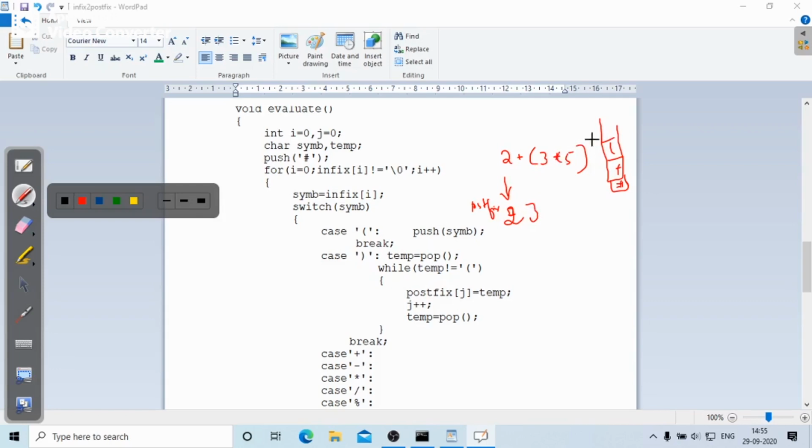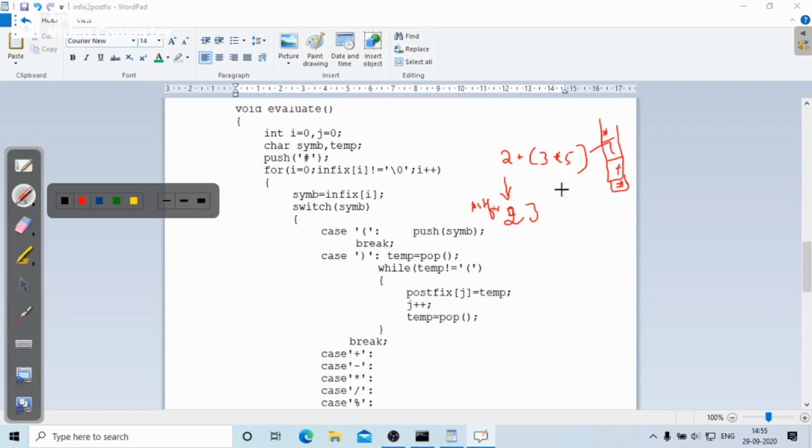Whenever I get star, I check that the stack top content is open parenthesis, which has a lower precedence than the star. So we have to add star as it is.